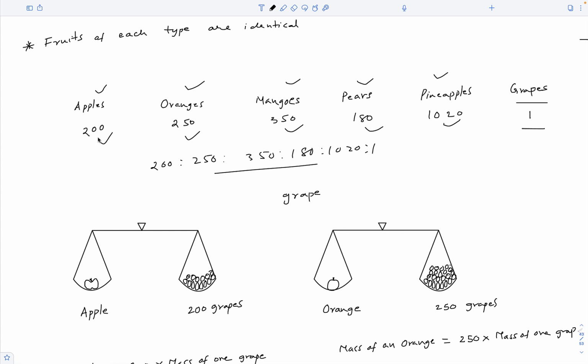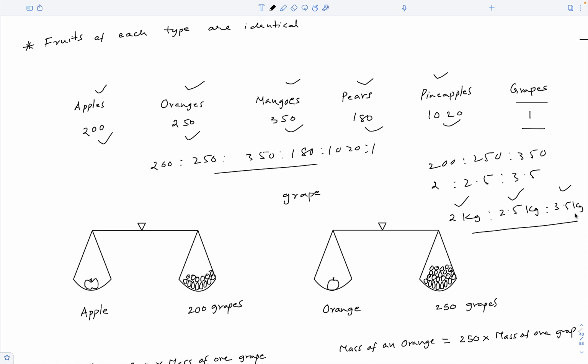What is the ratio of the relative masses of an apple, an orange and a mango? 200 to 250 to 350. So that is 2 to 2.5 to 3.5. So if I buy 2 kilograms of apples, 2.5 kilograms of oranges and 3.5 kilograms of mangoes, because the ratio